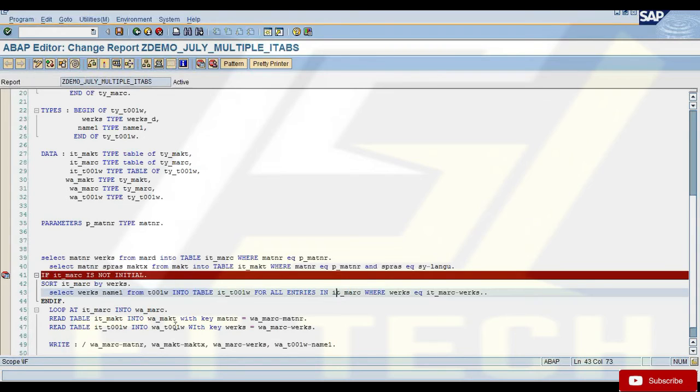So one way of doing it is, while looping this ITMRC, while I'm processing that record, I can write a select single statement within the loop. So for every works that's coming into the work area, I can execute this select single to get its description, or I can use for all entries to get all that at once and then simply read my internal table data. So instead of hitting the database every time for every record, I'm just hitting the database once and getting all the records into my internal table and then reading it.